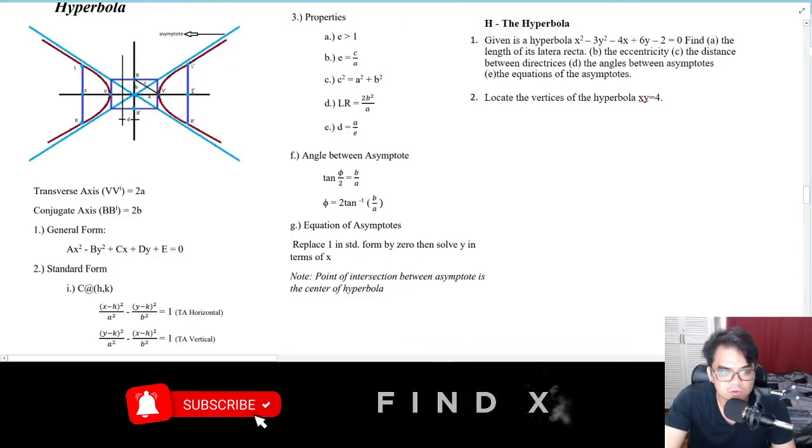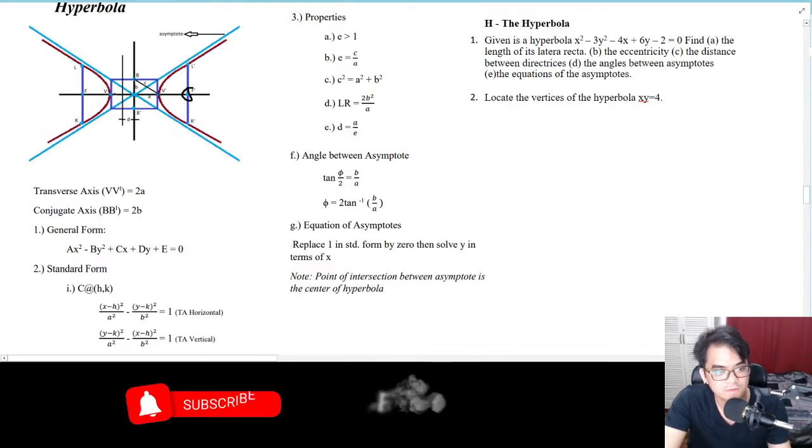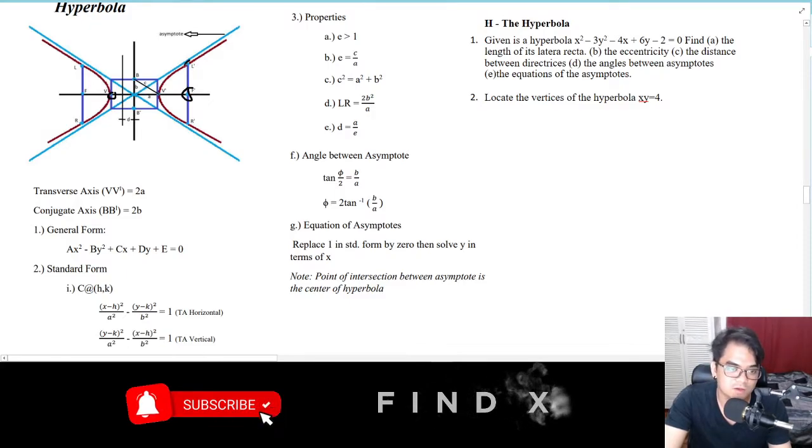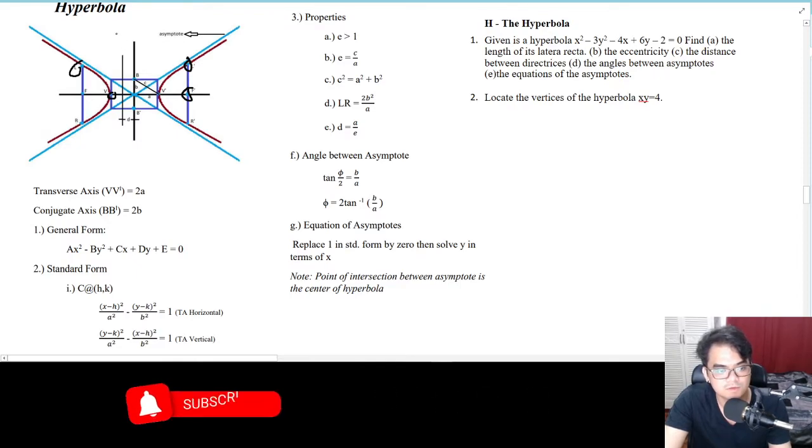So you can see it still has two focuses and two vertices. Okay, one center of course, and then four latus rectum. Okay, so the distance